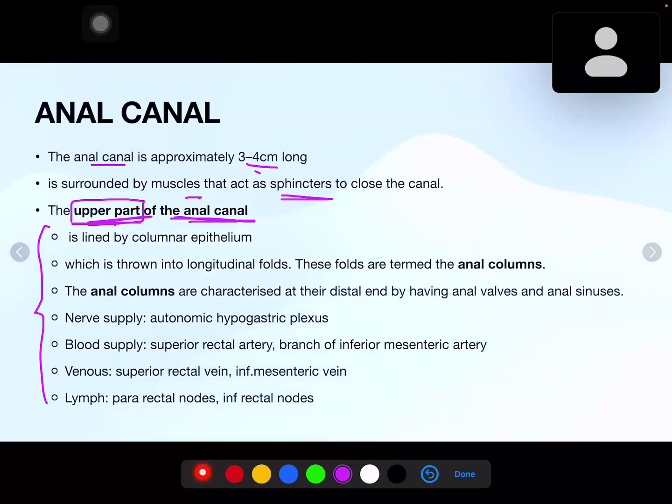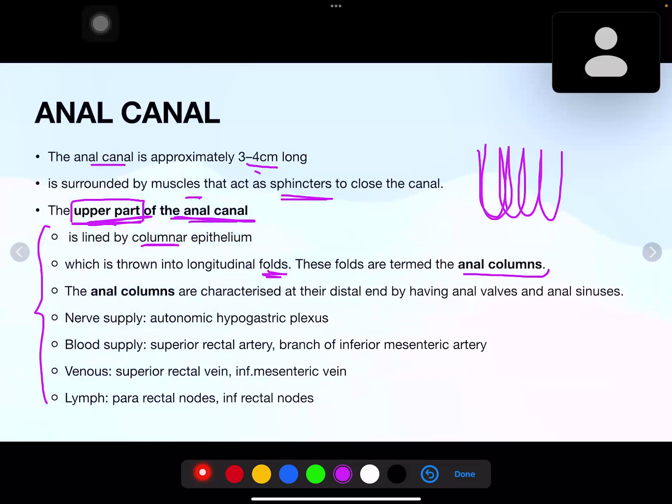Okay, so that's the reason the upper part is lined by columnar epithelium and it throws into folds, and these are called the anal columns. Like this, anal canal has these anal columns. Okay, so the anal columns are characterized at the distal ends by having anal valves and anal sinuses. The nerve supply will be autonomic nerve supply. Okay, and the blood supply is superior rectal artery, because this is the upper part of anal canal, when we discuss the embryology, you will remember it very easily. Hindgut, so all the hindgut